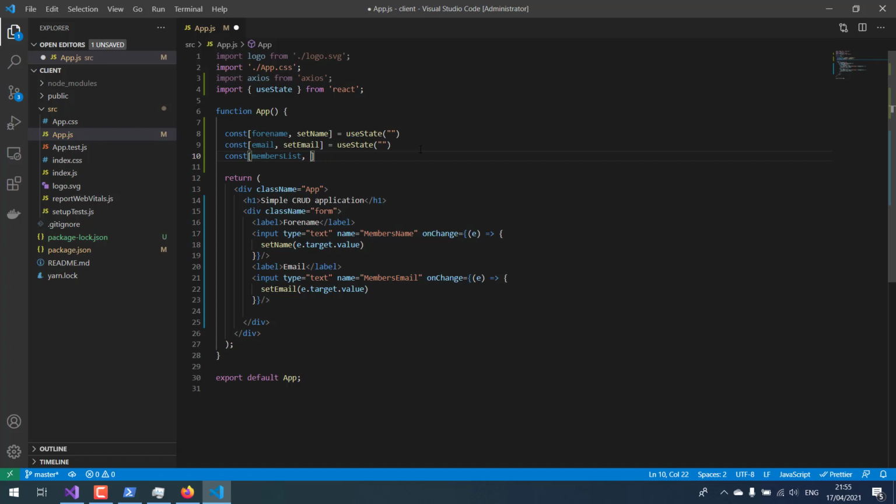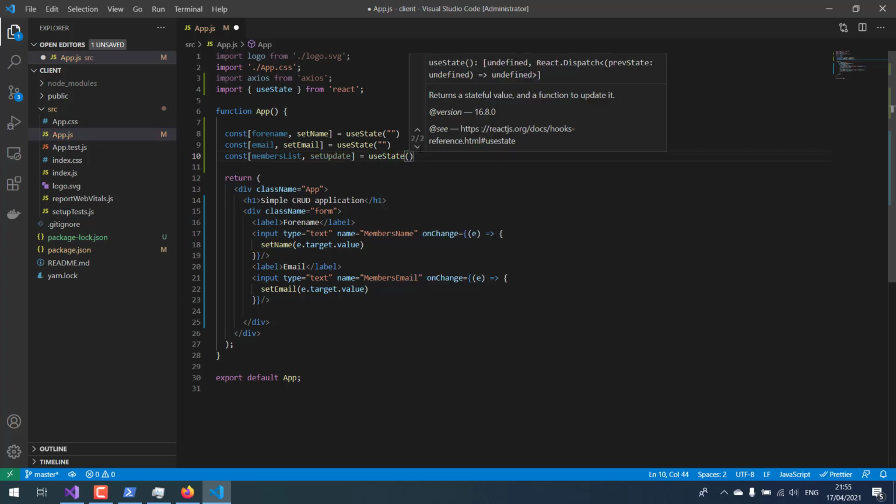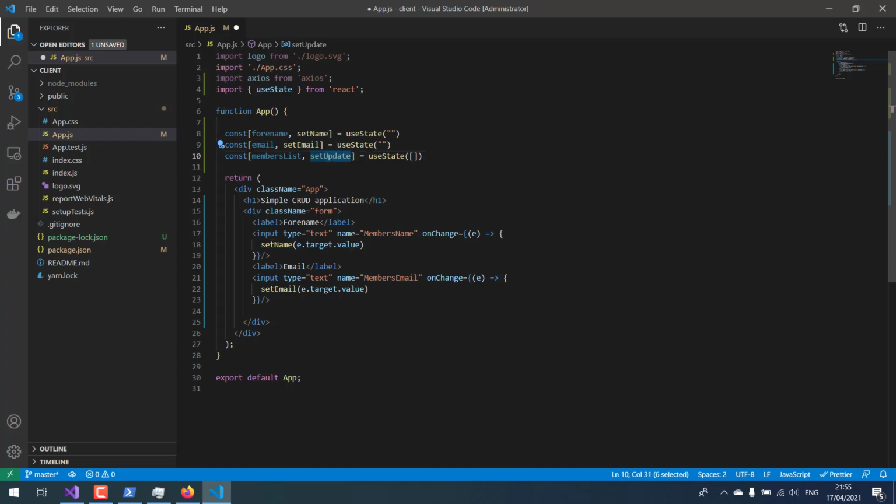That's going to be in the members list, and I'm gonna use set update here, and is equal to use state, and this is gonna be an array. Okay, actually this is not set update, it's gonna be get list. All right,